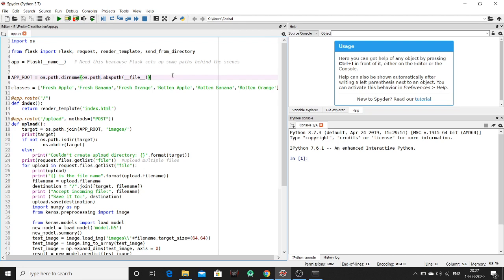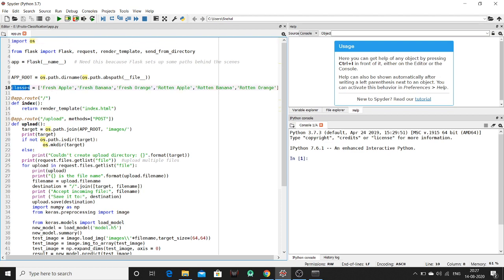If you don't know about absolute path and relative path, let me explain. The file name app.py alone is the relative path. And if we store the whole path, that is in which directory, under which folder, inside which folder, which file, then it is called an absolute path.